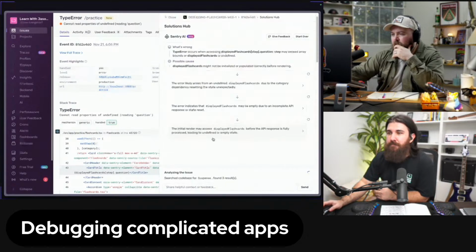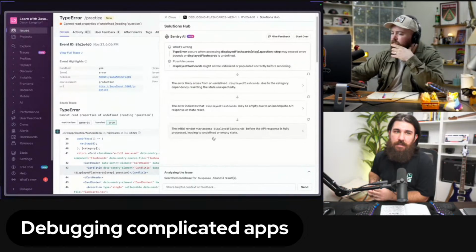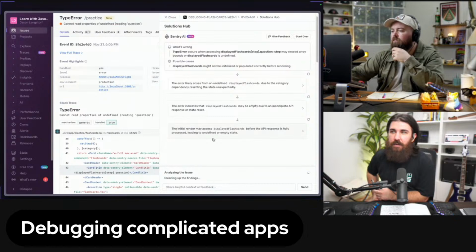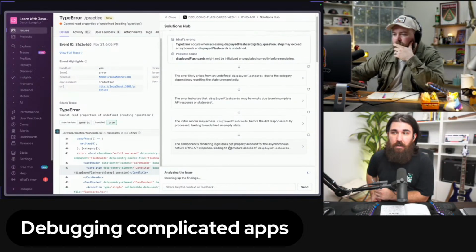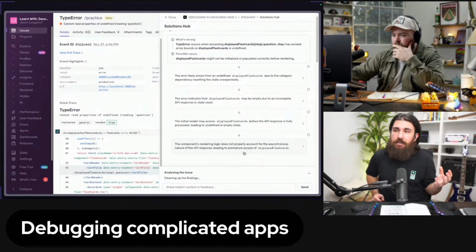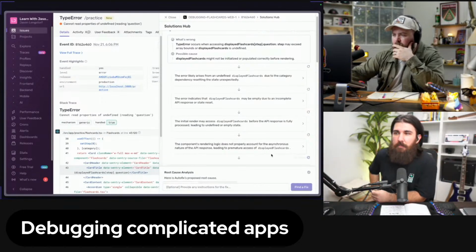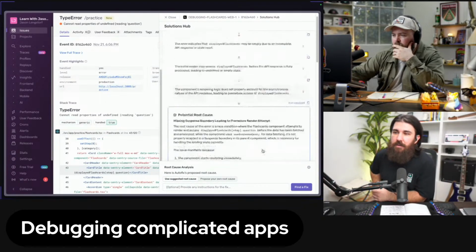Before the API response is fully processed, leading to undefined. So it's looking into two different scenarios. First, it's not properly initialized or empty, and we're trying to access it, or it might be a race condition error. It might be trying to access the flashcards before they even load. It's going to be the first one. All right, so there we go.